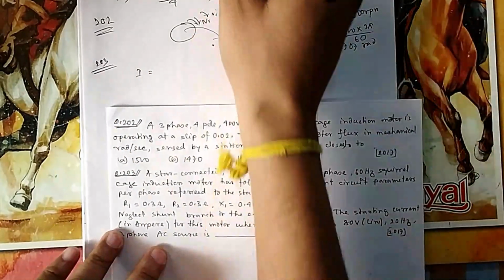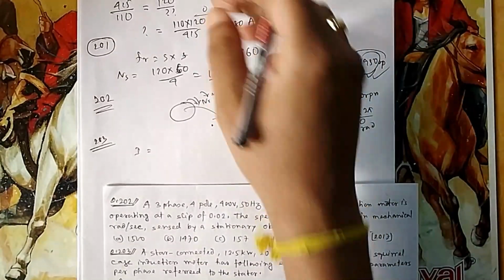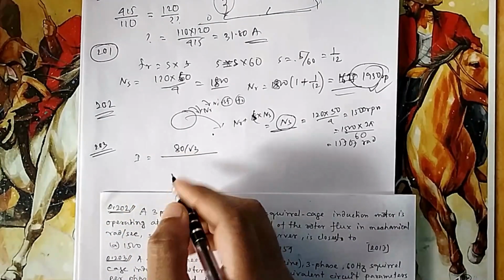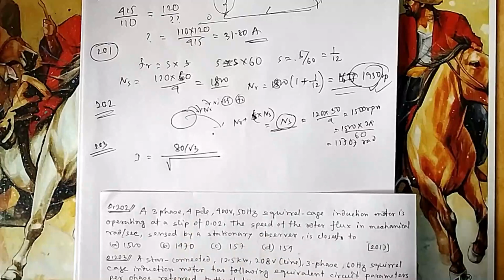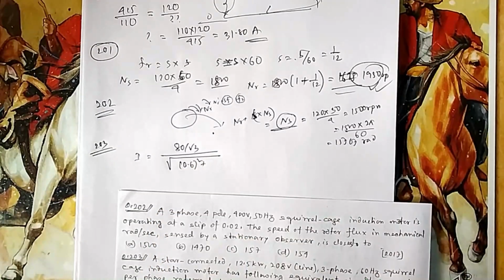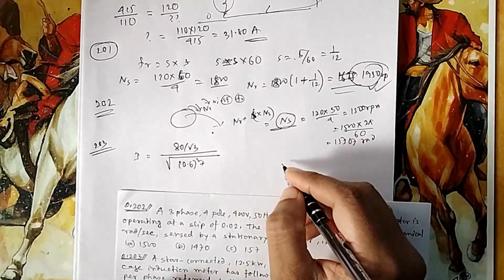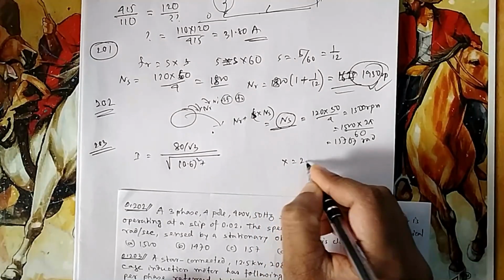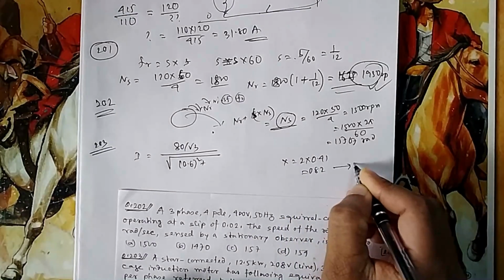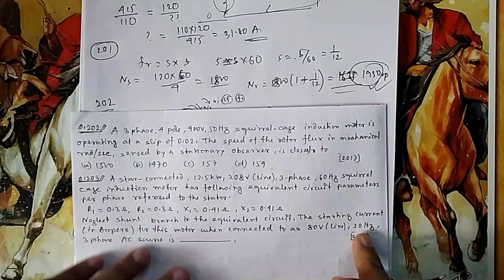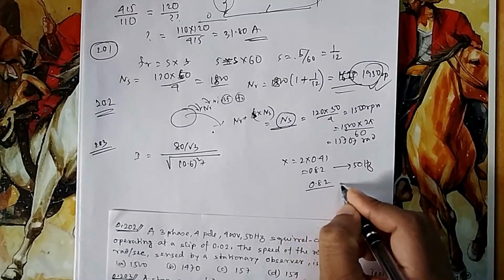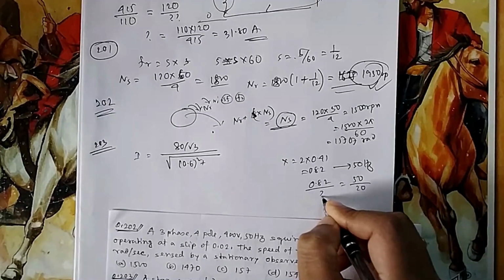If you see your branch, this drawing, the line voltage is 80. So per phase it will be 80 by root 3 divided by the square root of R squared plus X squared. R will be equal to 0.3 plus 0.3, that is 0.6. And X will not be 0.41 plus 0.41, because X is equal to 2 into 0.41, 0.82, but this is for 50 Hz. Now because you are giving 20 Hz, it will come down. So 0.82 is for 50 Hz. If you give 20, how much will it be?